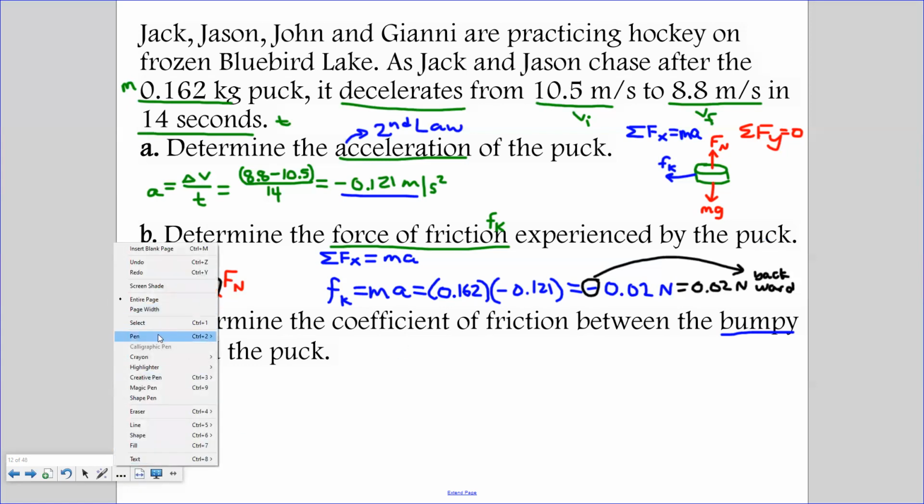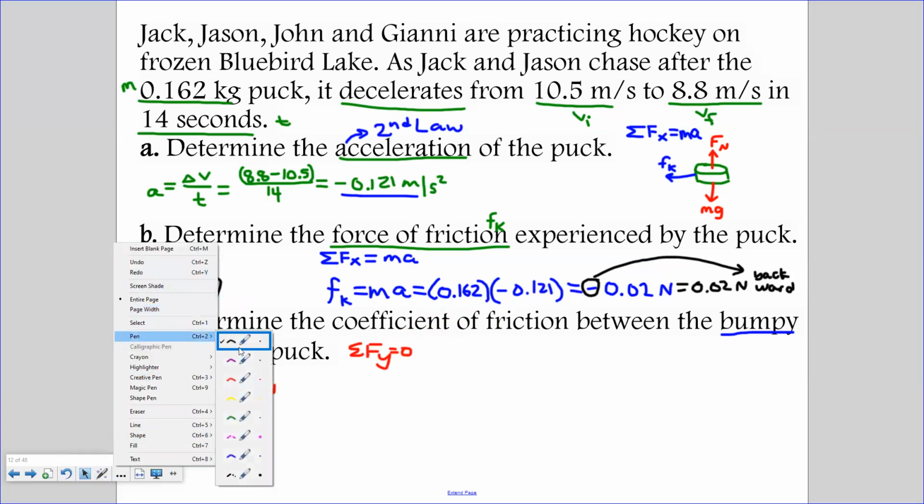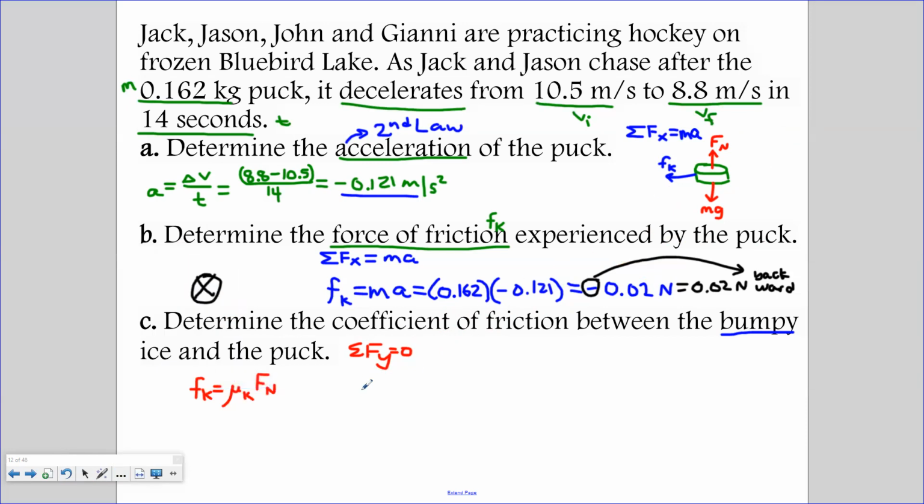So now is when we want to use our previous equation, right? So I'm just going to slide this down, be lazy so I don't have to write it again. We want to use this equation because now we're looking for the coefficient of friction. We have the frictional force, and we can find the normal force because we know the net force in the y direction is 0. Slide that down as well. So we know that the normal force going up has to equal the weight going down,